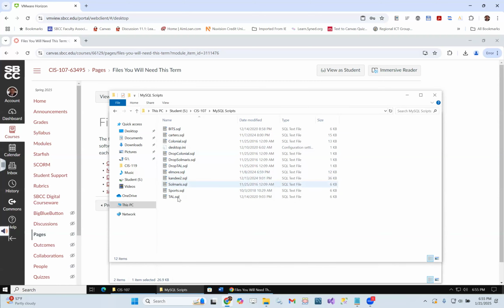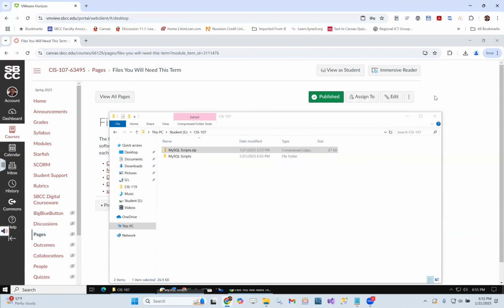And we'll take a look and see what the SQL script files are. They're nothing magical there. They're just text files with the SQL language and then with the instructions to create tables and then to put sample data into them. And so we'll look at one of those, but let's look at that using MySQL Workbench, okay? So I'm going to put this aside for now,